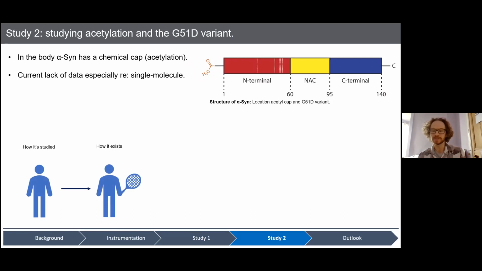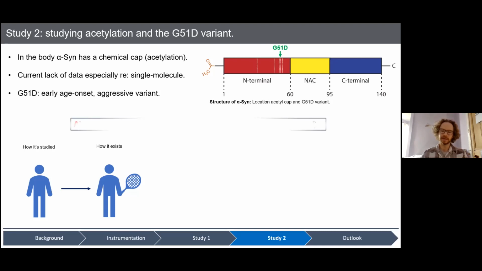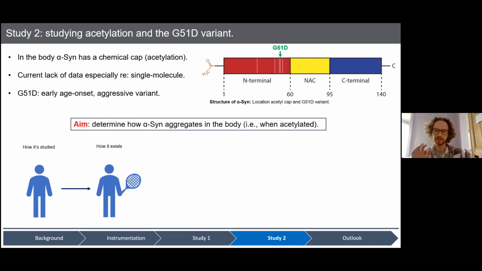So we want to study this effect in normal alpha-synuclein as well as the G51D variant, which occurs up here, similar to the A53T variant. And it's similar in that it causes early onset and aggressive Parkinson's as well. Therefore, our aim is to see how alpha-synuclein aggregates naturally in the body with its acetyl cap using our single